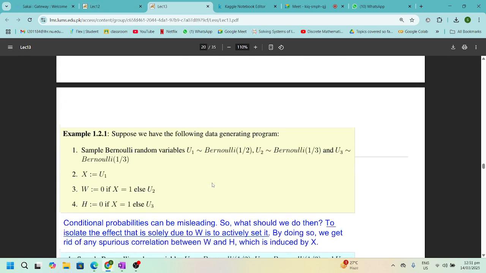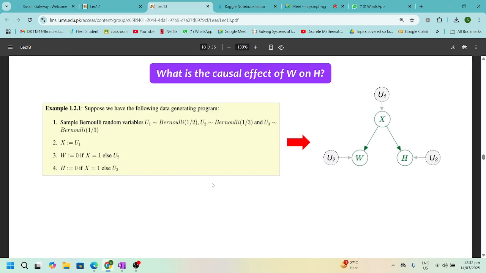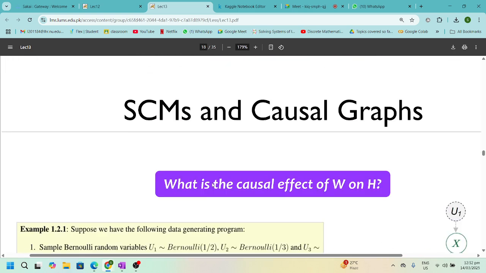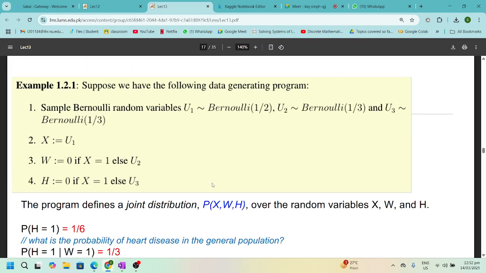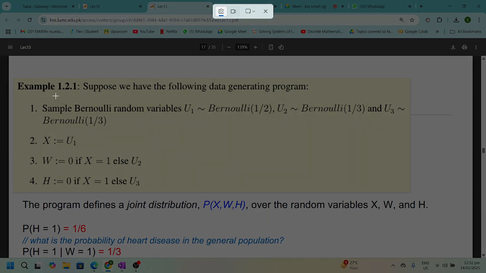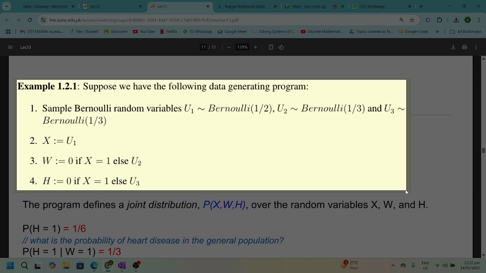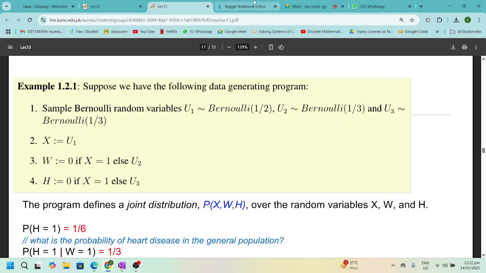अगर कॉजल रिलेशनशिप है भी, लेकिन अगर कंफाउंडिंग फैक्टर्स हैं, तो तब भी वो गिवन वाली प्रोबेबिलिटी और डू वाली प्रोबेबिलिटी में फर्क नहीं होगा। Could you come again? आपने अभी ये कहा था कि गिवन वाली प्रोबेबिलिटी और डू वाली प्रोबेबिलिटी